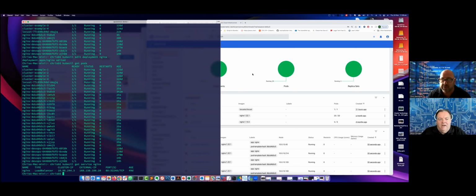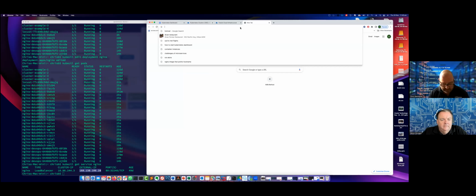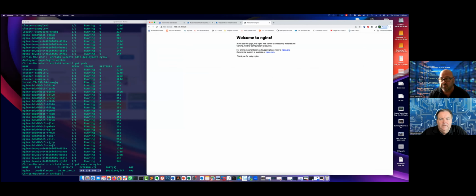The load balancer is created automatically for us inside of ACI. Right. We create a service for an application. So I've created an Nginx deployment. As part of that deployment, I've got a service running, which is this Nginx service. You can see that it's a load balancer type, which I've specified as type load balancer. And this is my external IP address that it's running on. Right. It configures all that for you. So if I put in this external IP address, there's my Nginx web server.